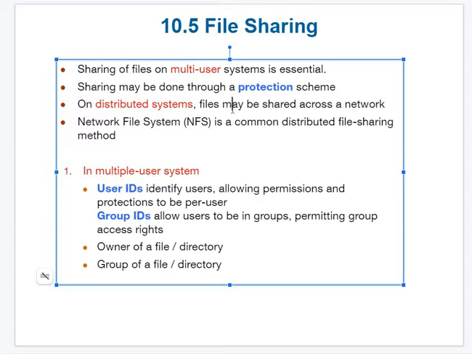Okay, so that means file sharing is a concept where there are two users present in two different geographies. The file transfer that takes place over the internet is called the network file system. So whenever we are transferring or sharing a file, a few important things are there, like user ID and group ID. So what do we mean by user ID and group ID?